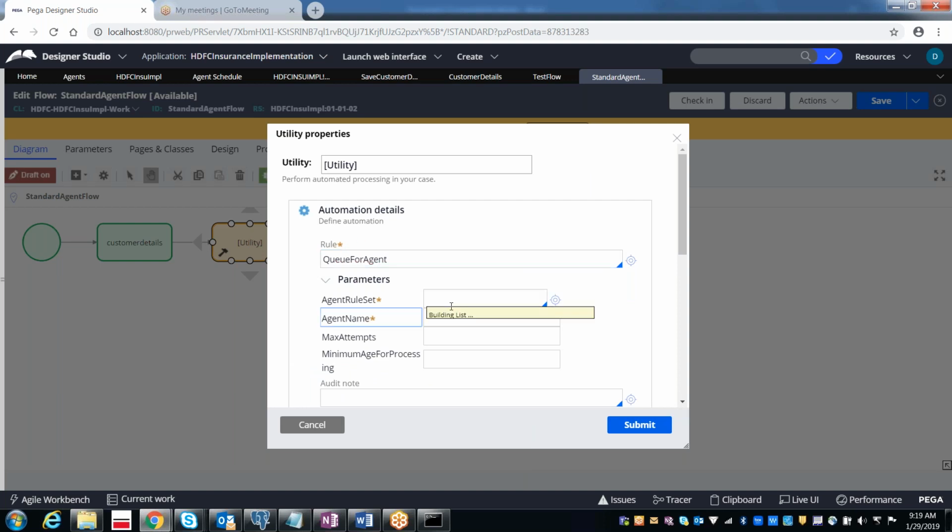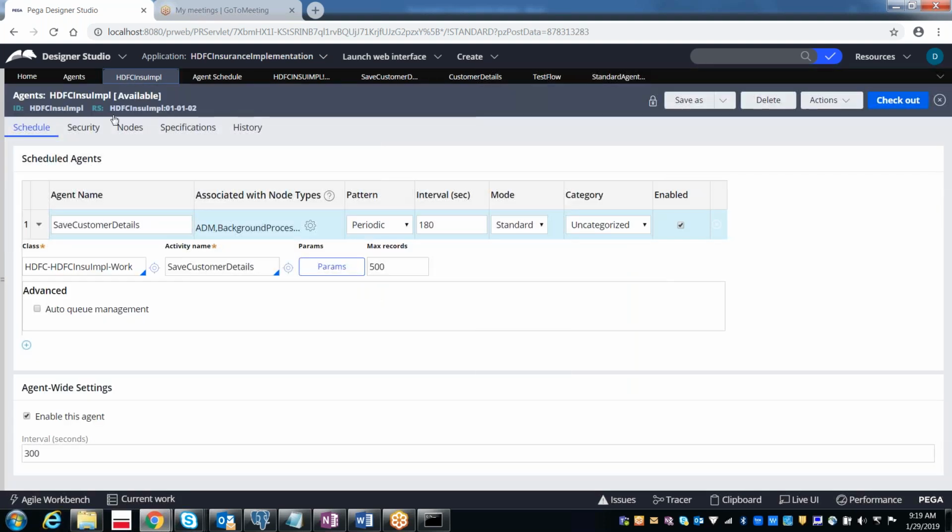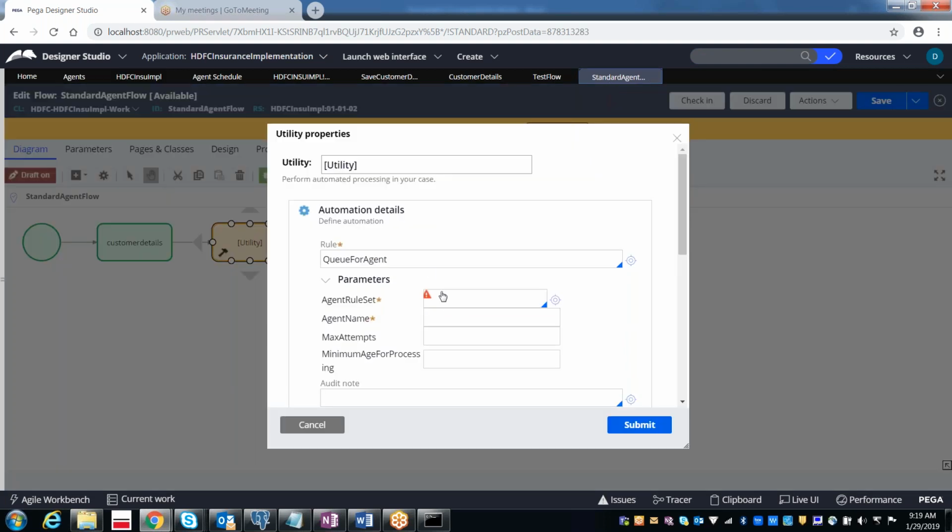Under this, you have to select the rule set, the agent rule set, and then the agent name, for example, customer details.